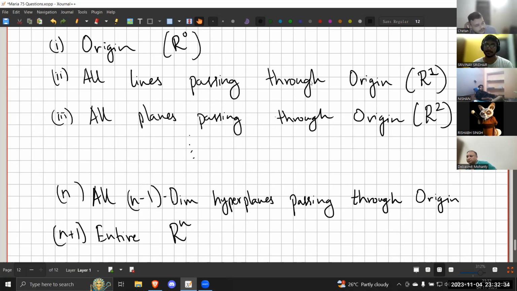If you want a formal definition for a hyperplane, the mathematical or bookish definition is any subspace of dimension n minus 1. So you have Rn, and all such subspaces that have dimension n minus 1 are your hyperplanes. Okay, that was the top-down approach. I'll just give a bottom-up approach,